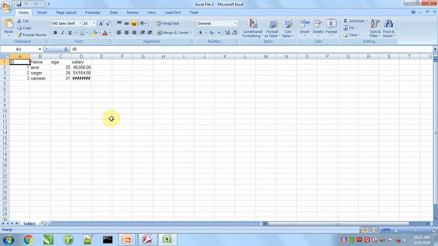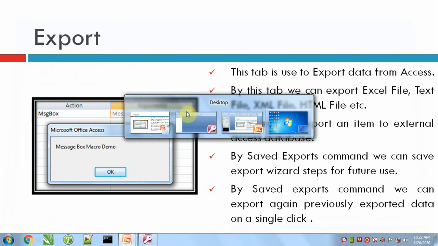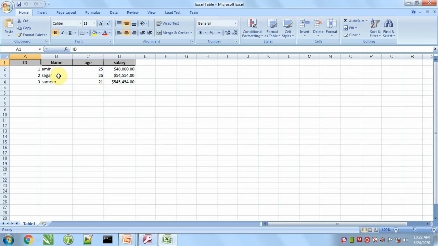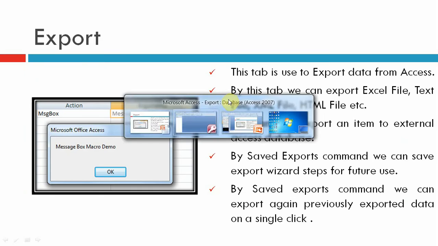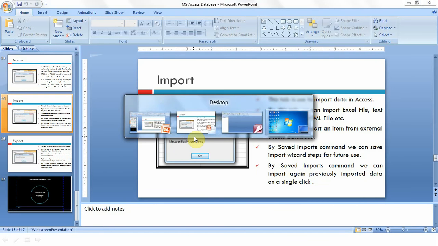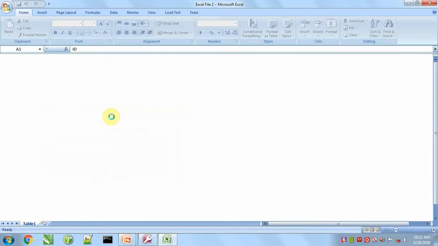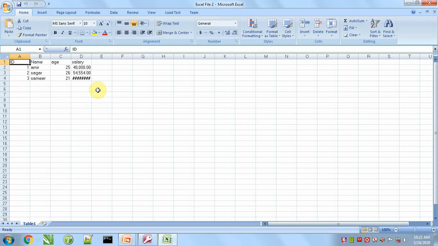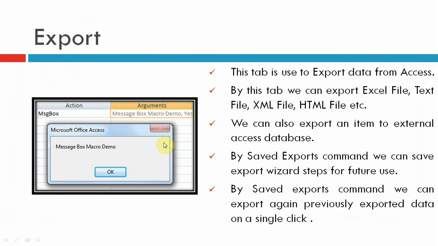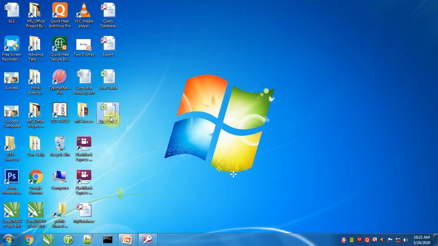It is an Excel file but without formatting, while this file was exported with formatting. So this is the main difference. And the second difference is, when this file is created, it doesn't open.